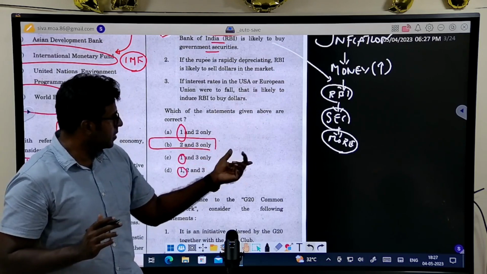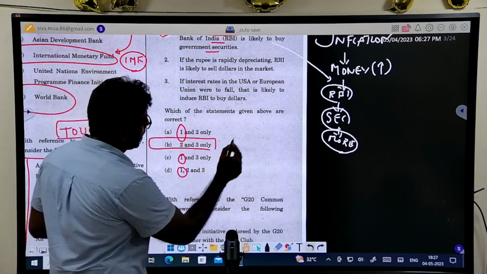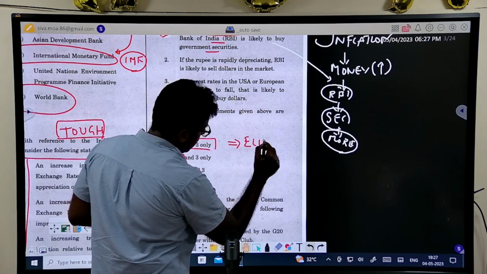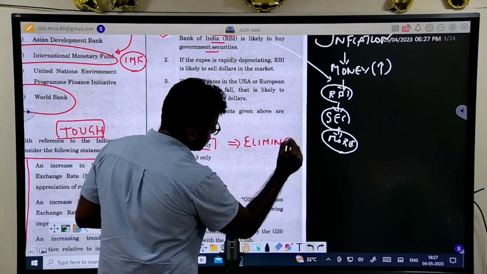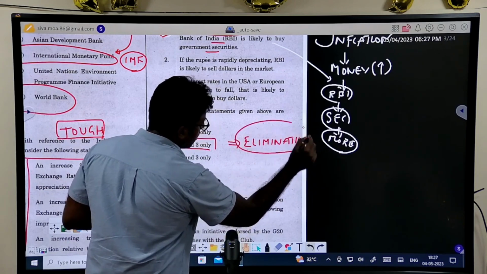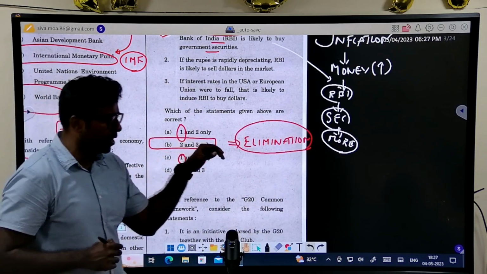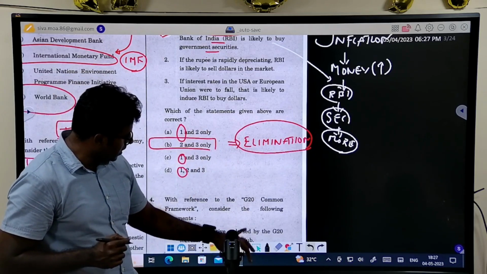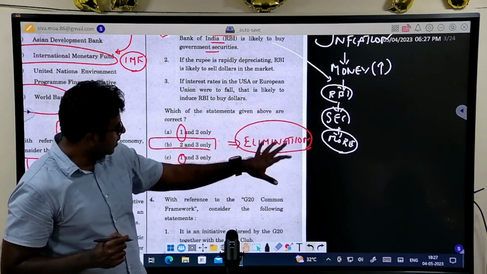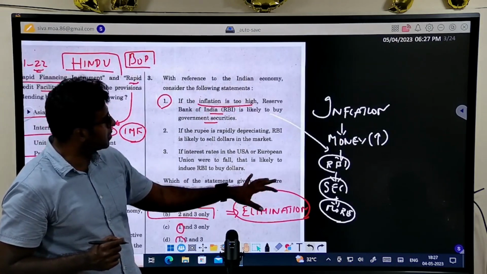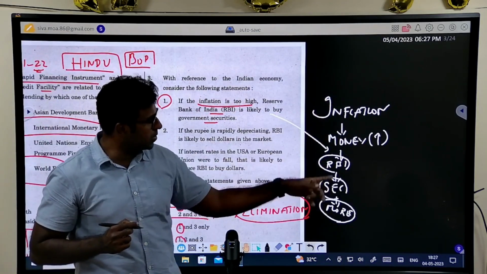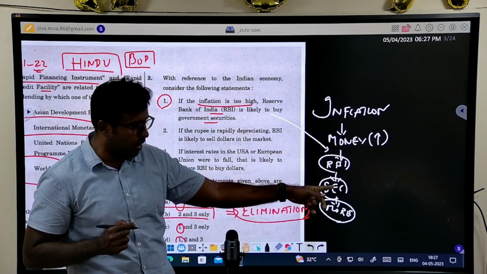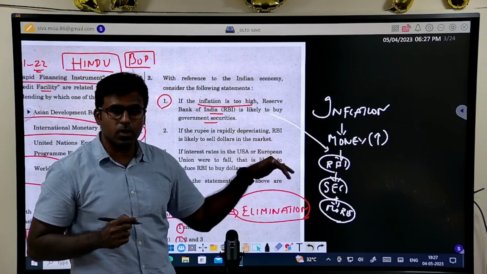Okay, if you see, this is what people call the elimination technique. In any of the videos if you have seen, this is what they will talk about as the elimination technique. That is, if you eliminate option 1, you will get option C. That elimination does not happen unless you know inflation, unless you know what this money supply is, unless you know RBI's work. You cannot actually solve this question.